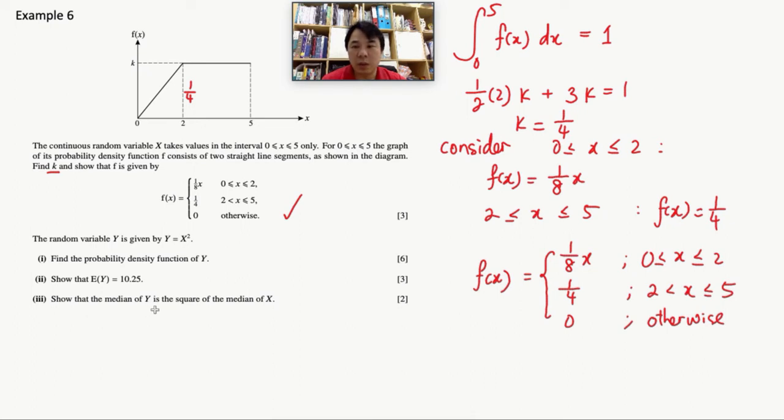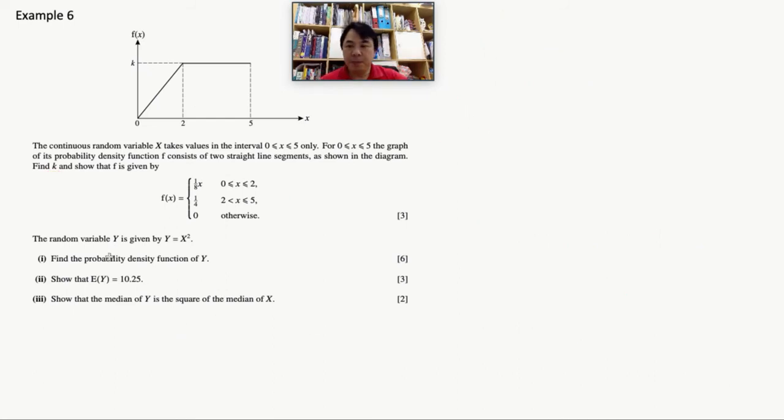Now work out to show that the median of y is the square of the median of x. That will be very interesting. Starting from this part here, we're given a random variable y that is related to x in such a way. As usual, we're going to follow the same routine before we work out the probability density function